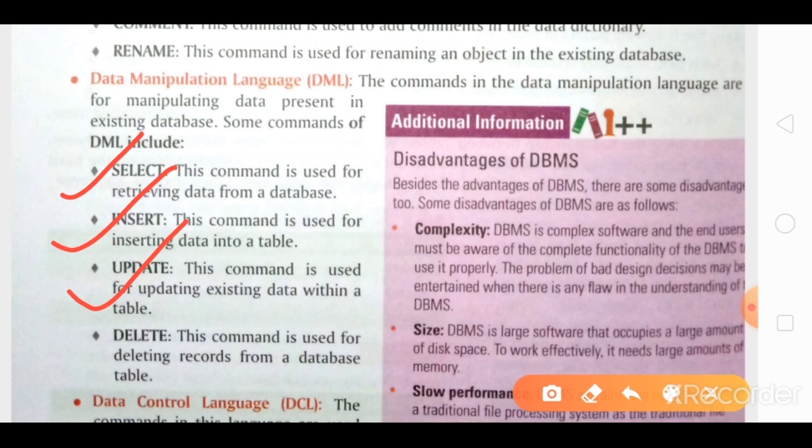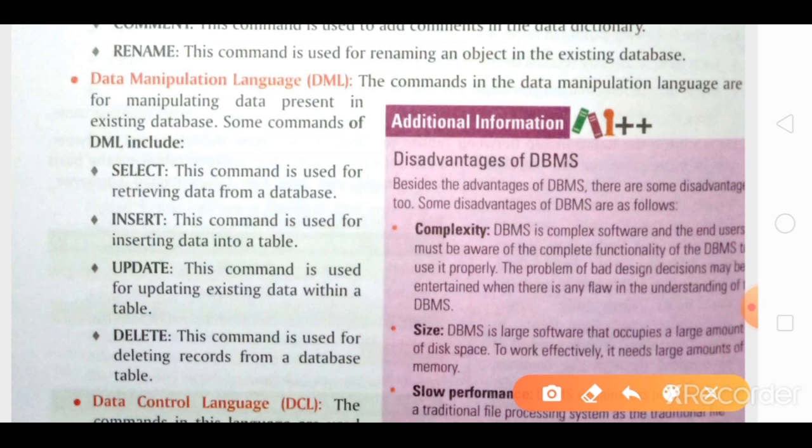The next option is delete. The delete command is used to delete the data. Now I told you two commands: the first one is the drop command and the second one is the delete command. In both cases I told you that both commands are used to delete data. So what is the difference between the drop command and the delete command? We use the drop command when we are deleting the whole table with all its data.